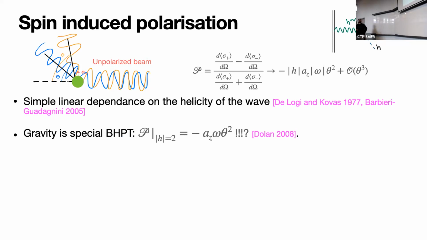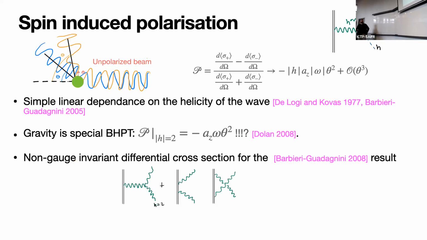So if you did the black hole perturbation theory computation of this, instead of finding a 2, you find a 1. So there is a discrepancy between this sort of graviton exchange diagram and what you get from perturbation theory. It turns out that this discrepancy can be solved if you include the additional 2 diagrams in the quantum amplitude. If you redid the computation that Barbieri and Guarantini did for the helicity 2 scenario, you find that this 2 becomes a 1, as in perturbation theory.